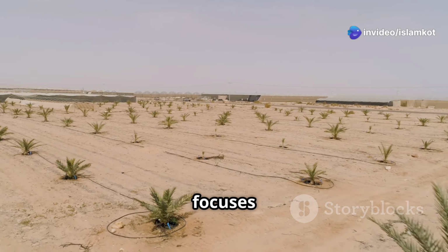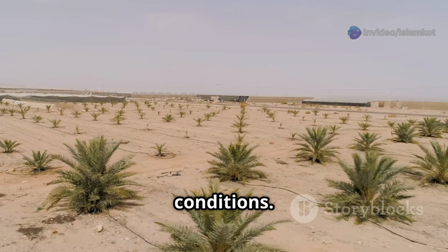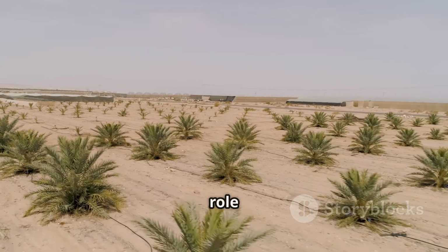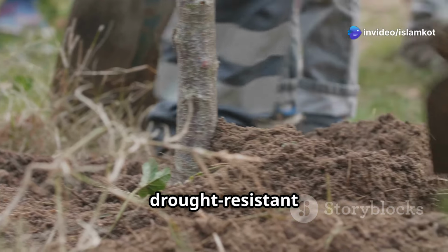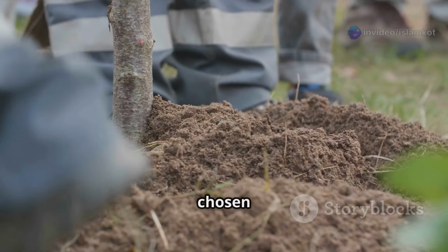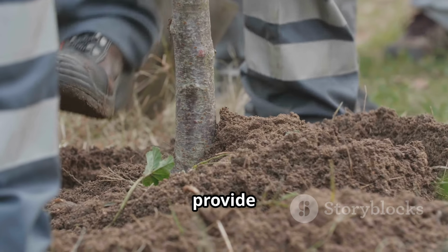The project focuses on planting native tree species that are well suited to the harsh desert conditions. These trees are not only resilient, but also play a crucial role in improving the environment. The project involves planting native tree species that are drought-resistant and can thrive in the harsh conditions. These trees are carefully chosen for their ability to survive with minimal water and their potential to provide long-term benefits